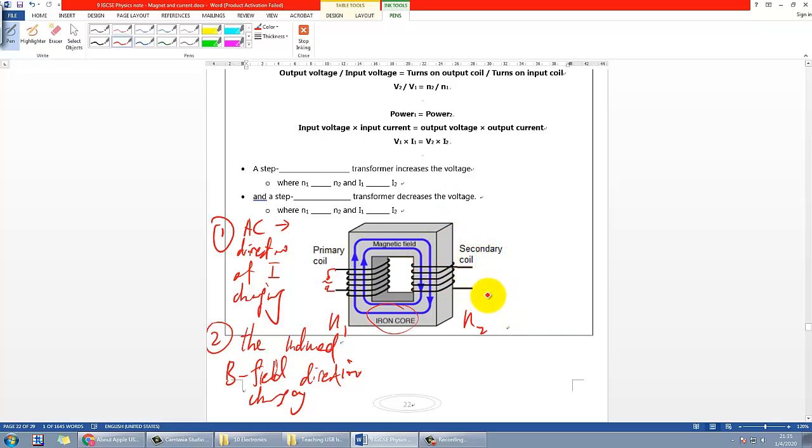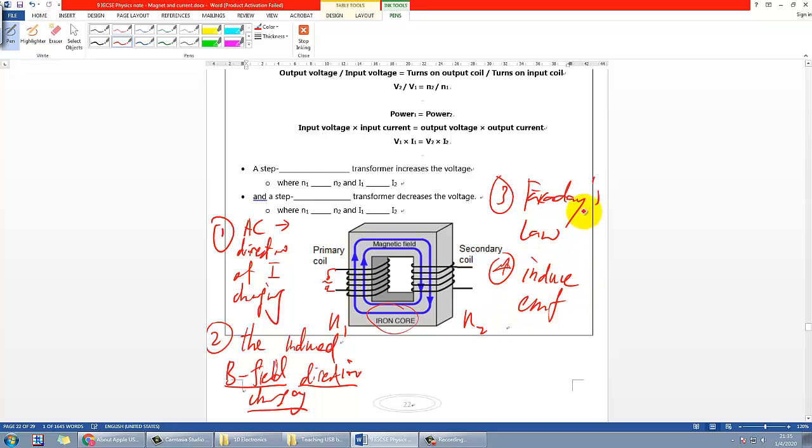In the secondary coil, it would experience the change of B field direction, and according to Faraday's law, that's why this was discovered by Faraday, because he first observed the nature of the world, and then he tried to take advantage of this. Therefore, the secondary coil experiences a change of B field and induces an EMF, since whenever there's a change of B field, there will be an induced EMF, and therefore you will then induce the current I if you have connected anything here.